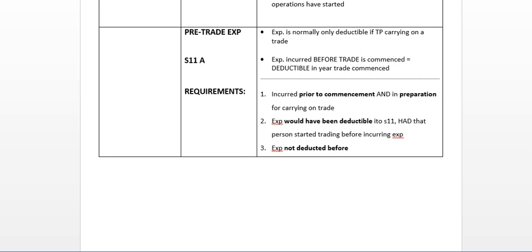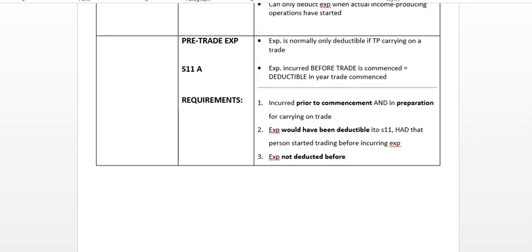So in preparation of carrying on a trade or prior to commencement, these deductions should be normal deductions in terms of the definition, had the person started trading before, and the expenditure not deducted before. So it's something that should not have been deducted in the previous year of assessment, or any deduction made before. Okay,